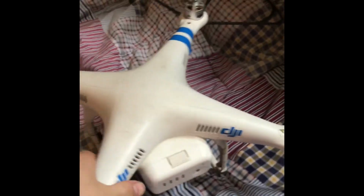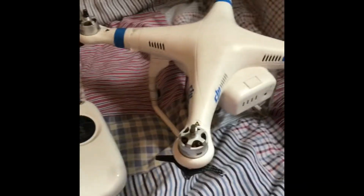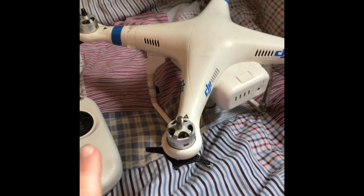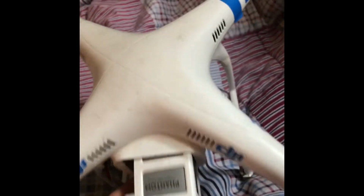So I have my Phantom, I have my controller. Normally when you turn it on, it would go through initialization and then it would just stay red. It means error, not able to fly. To fix that, we have to look, it's apparently a battery issue, and what I found is when you open the battery, there we go,